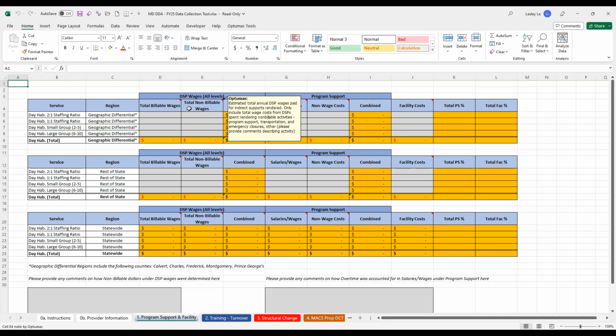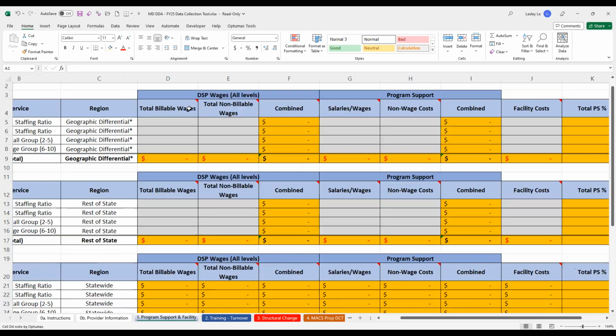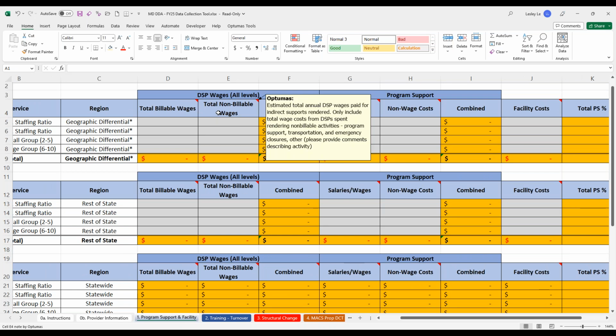Does that help? And as Leslie's showing here, there are little pop-up comments on the headers for each of these columns to give you more information. So when you hover your mouse over the column header, it'll give you a description.